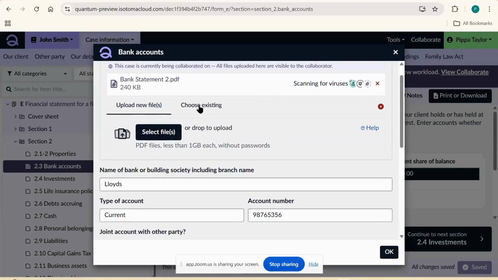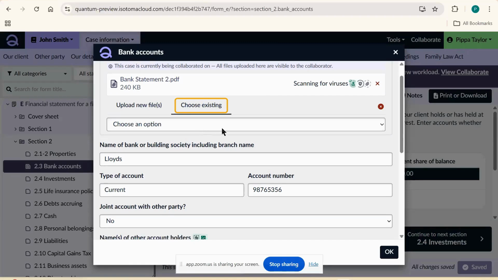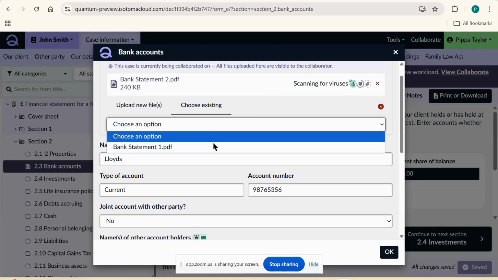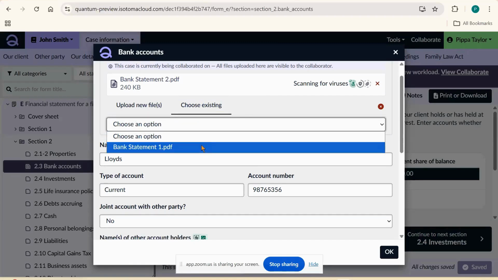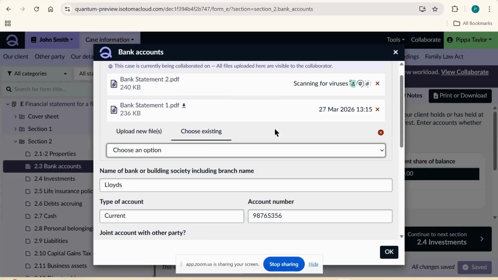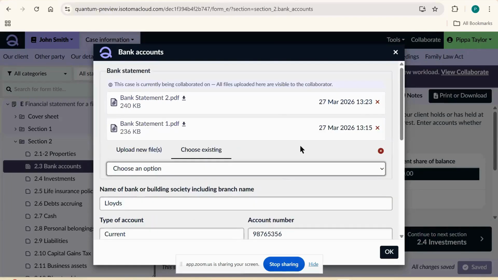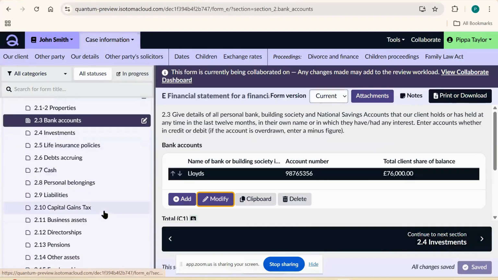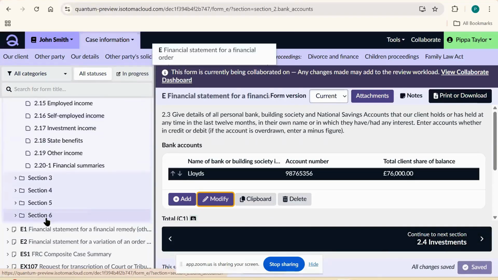You can also choose to upload any existing documents. So if we go to Choose Existing, it will give us a drop-down option, and we can choose from any existing PDFs that we have uploaded. So we can choose the bank statement that the client uploaded here. Now that they've both been added, to pull them through, you would just need to go to your Section 6,